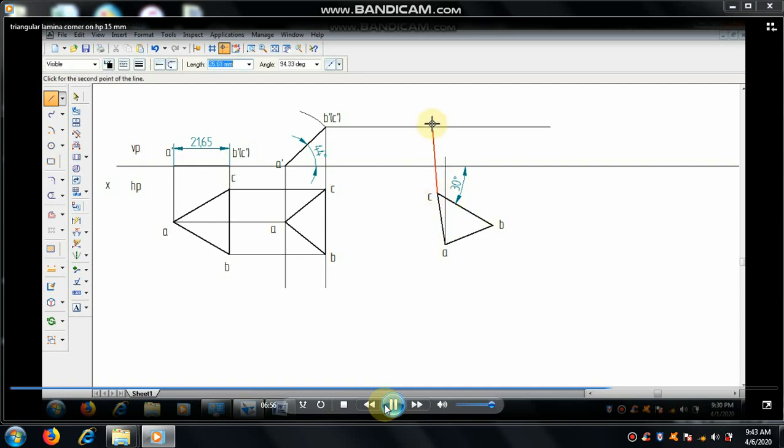A to A dash, C to C dash where it meets, and B to B dash line. So we can use the trim option and remove unwanted lines. Now these are all the points where we can join the points A, B and C dash. Okay, we have to mention the names for that, and first make it a group. Select 0.5 mm thickness for it.